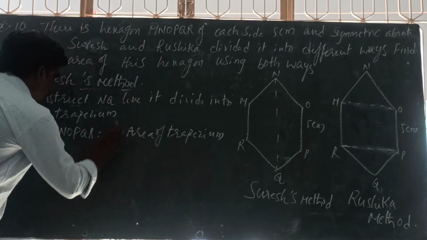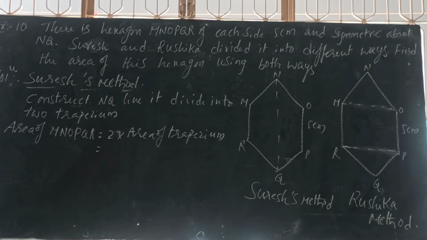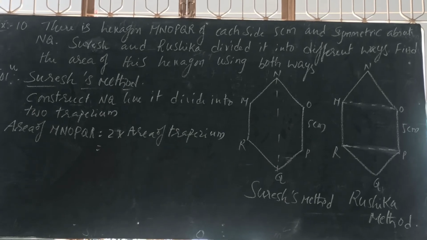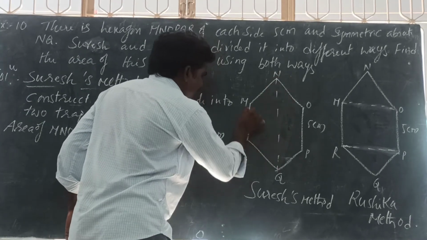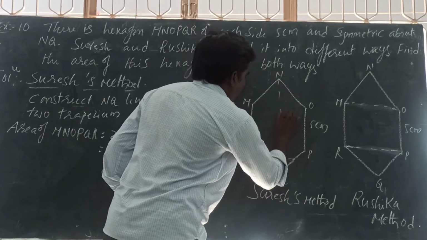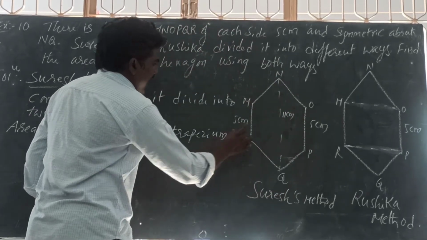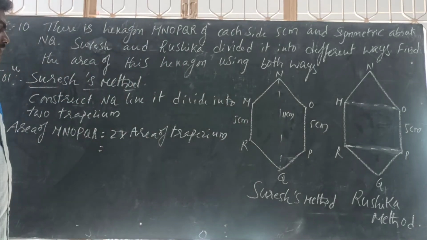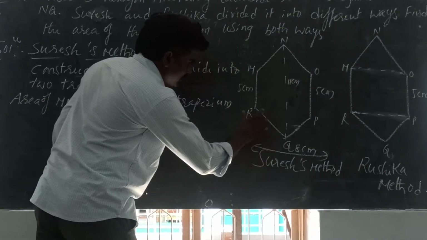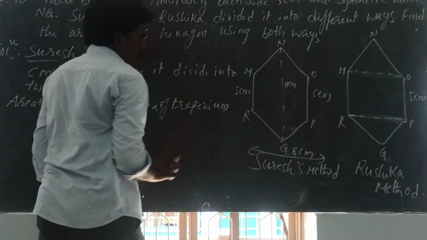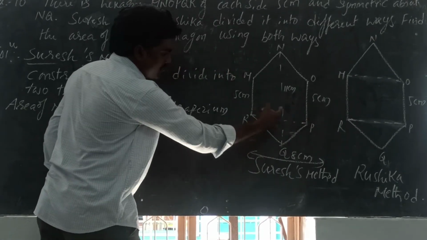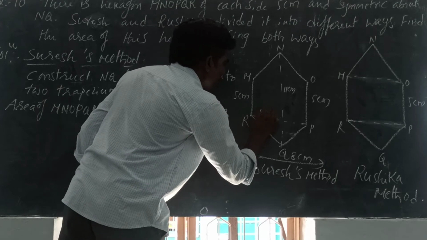So here, what is the area formula of a trapezium? Half into the distance between the two parallel sides into the sum of the two parallel sides. So here it is one line. Its length is how much? 5. Its length is how much? 11. Okay, next the height. Here it is given that the length of RPMO is how much? 8. So this is dividing it into how many parts? 2 parts. That means this height is how much? 4 cm.